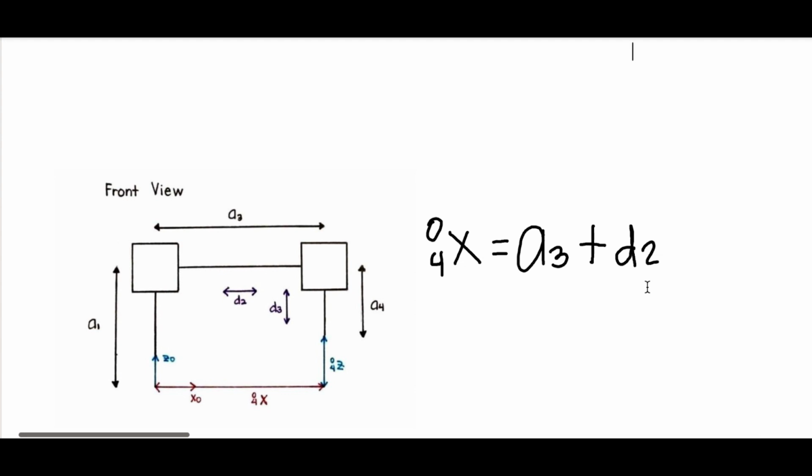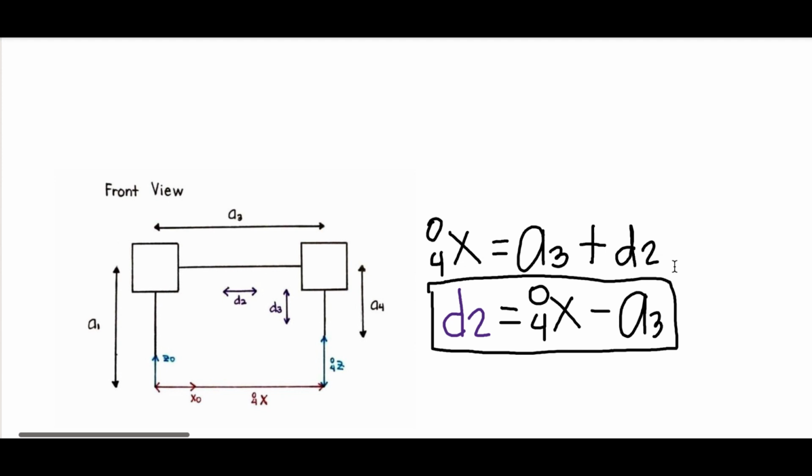So, to solve d sub 2, we can bring d sub 2 to the other side of the equal sign and x04 to the opposite side also. So, for our solution, d sub 2 is equal to x04 minus a sub 3. This will be our solution number 1. Next,